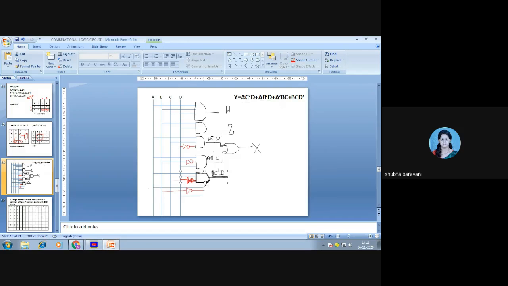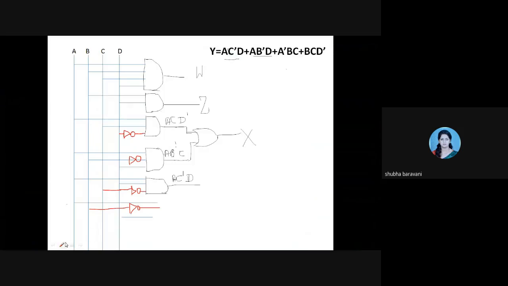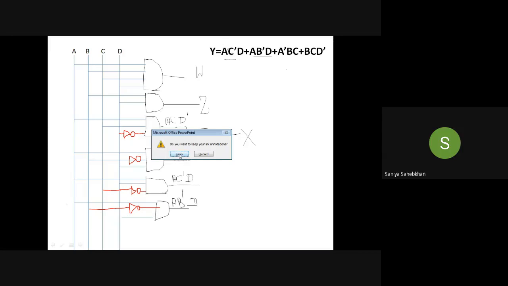Okay, and one more AND gate. This is A B bar D. Got it up till here? Yes, ma'am.